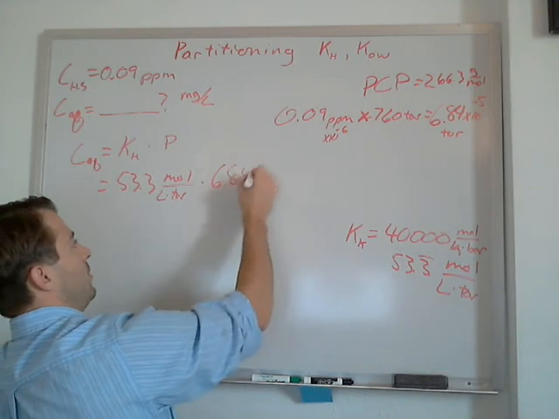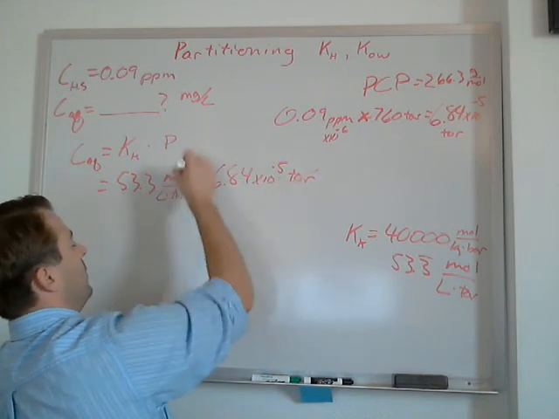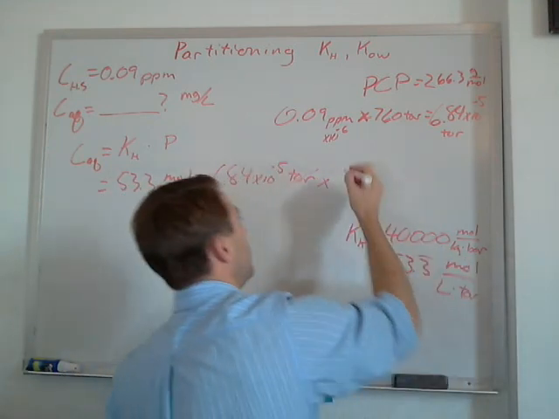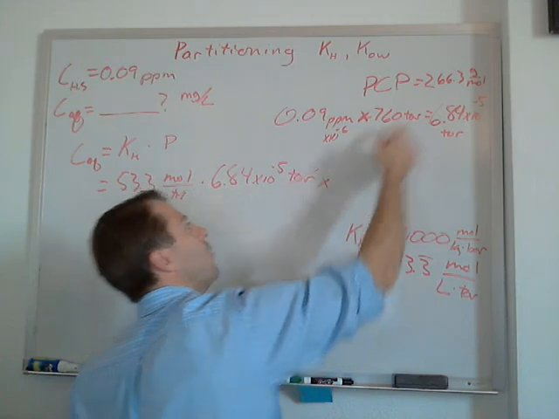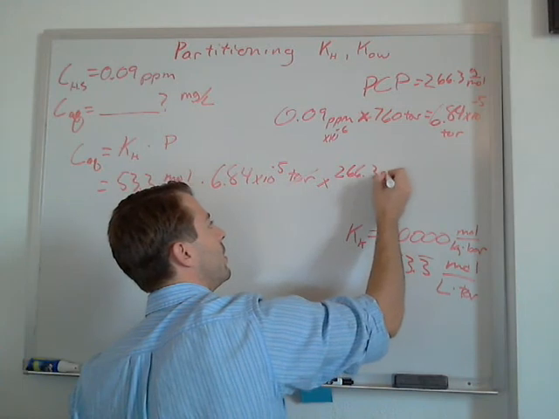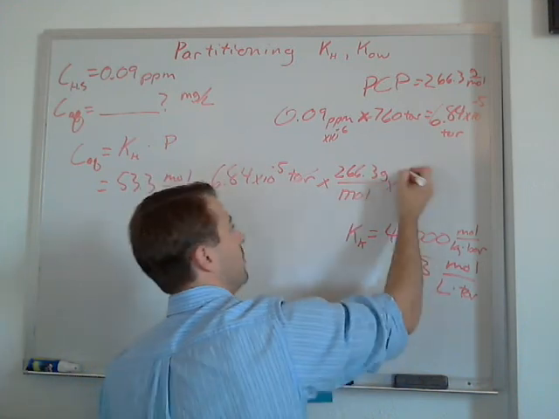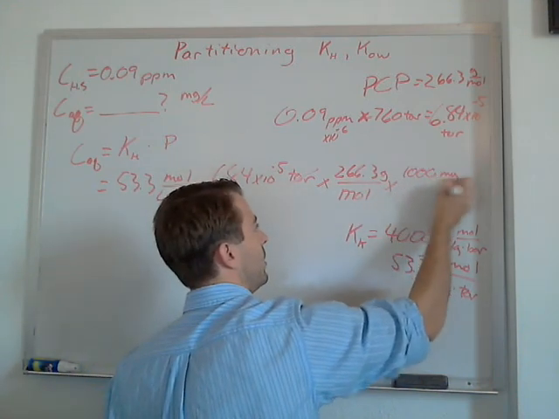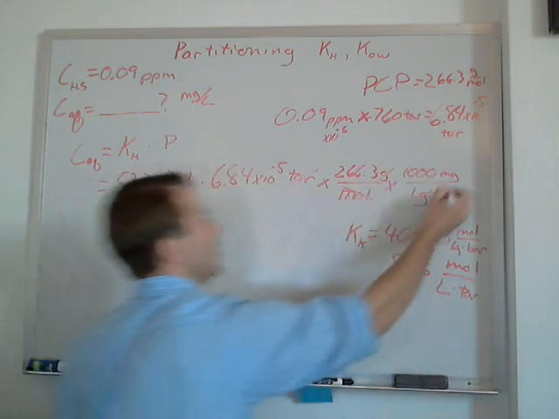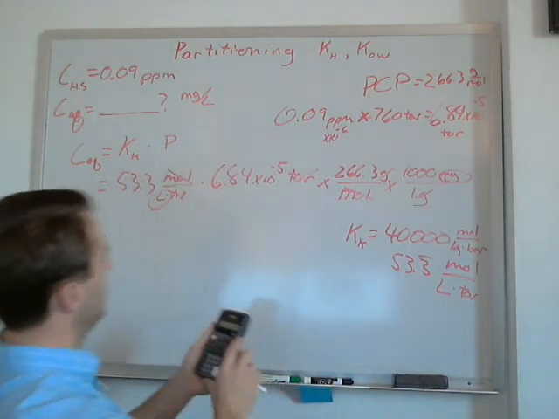6.84 times 10 to the minus 5, obviously that cancels, we're left in moles per liter. But we don't want moles per liter, we want milligrams per liter. So moles, we get out of moles by using our molecular weight, 266.3 grams per mole. And then we get into milligrams by 1,000 milligrams per 1 gram. Grams cancel, moles cancel, milligrams per liter. Alright, we punch this all in and we get